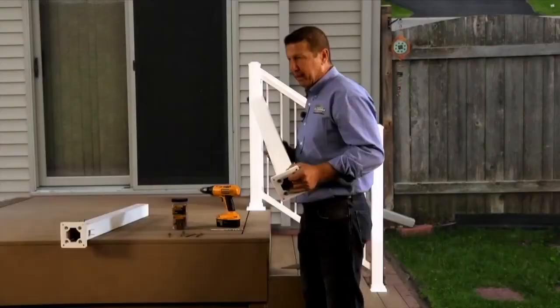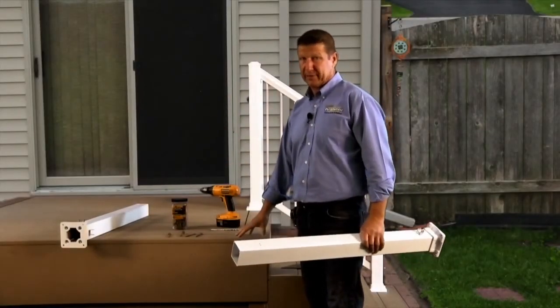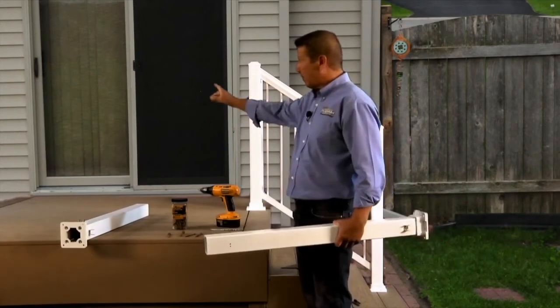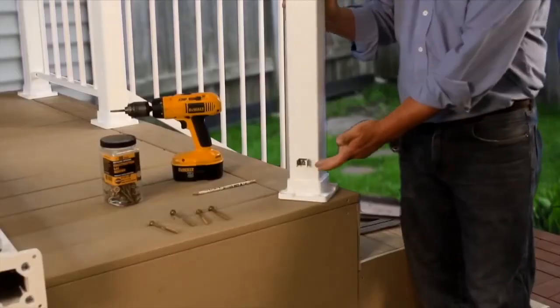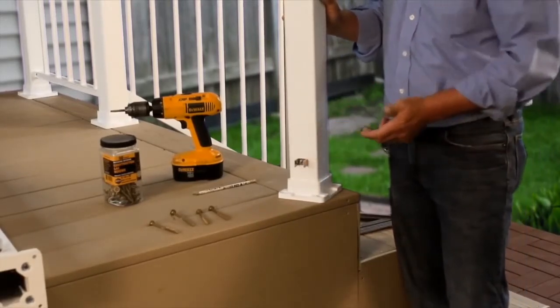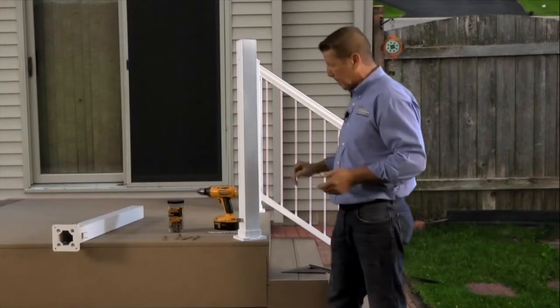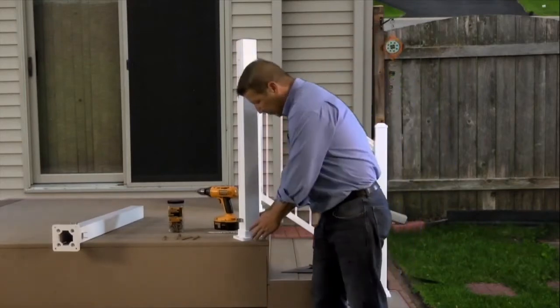There are 2 starting points for a deck. If a deck has stairs, we always want to start at the top of the stairs. And if it's a deck without stairs, we want to start up against the house at an end post. As we talked about in the last step, we already put these clips on, but we can't put the stair clips on until we've got the stair section configured. So we're going to start here,